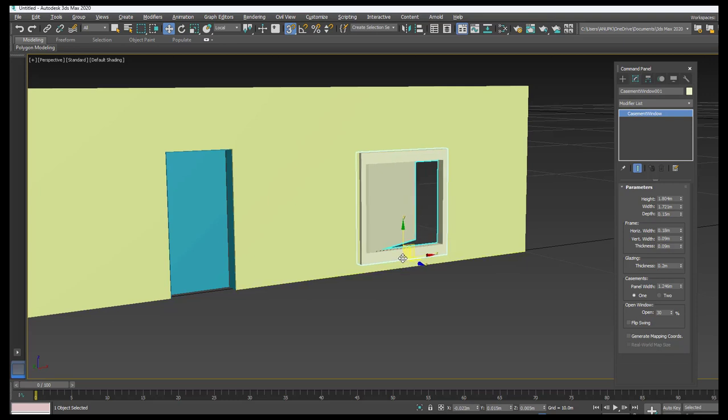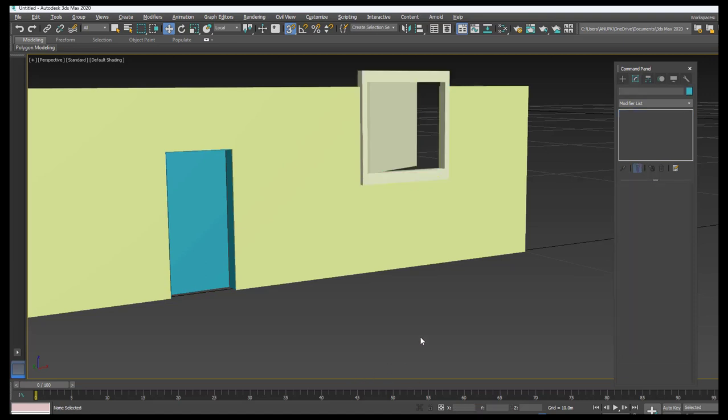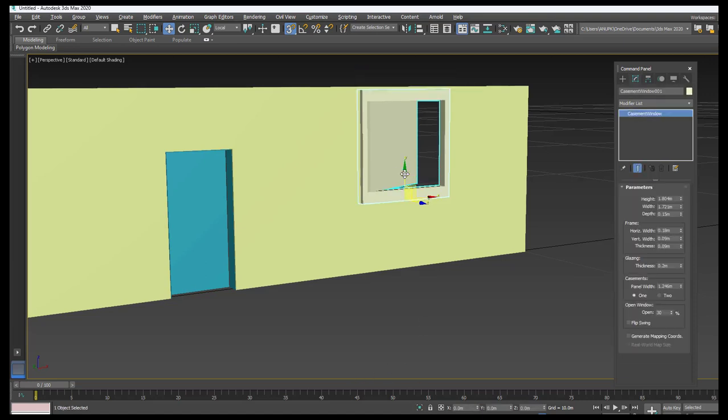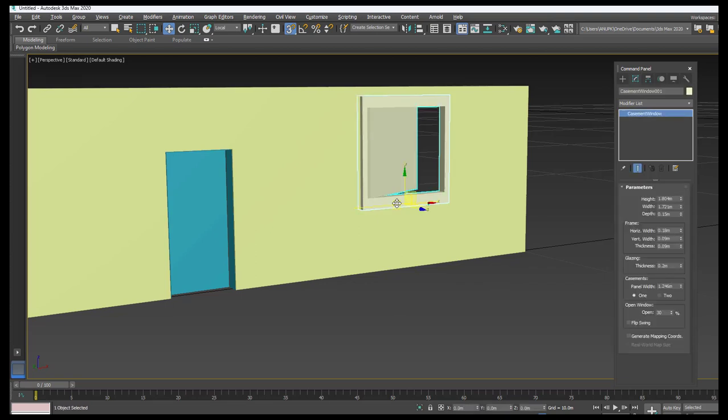And then just move it, or else you can give the distance. Do Ctrl Z, 0.6 or 0.9 depending on the sill height you want. Don't move the window, because it automatically cuts the wall.